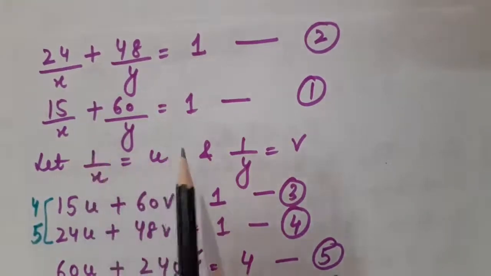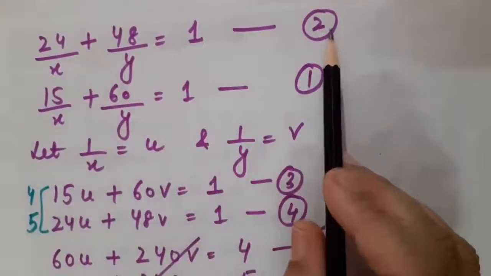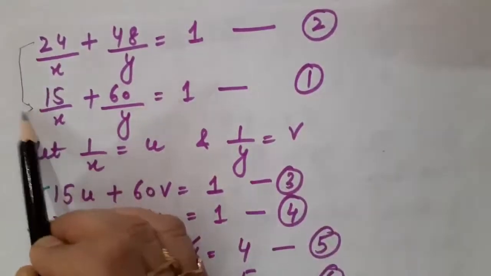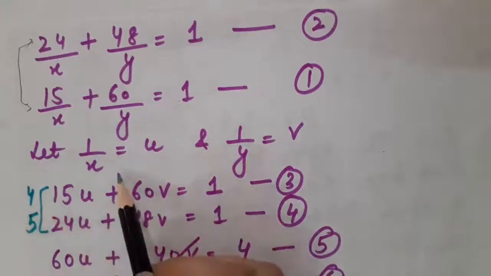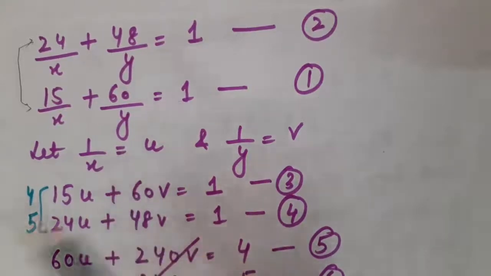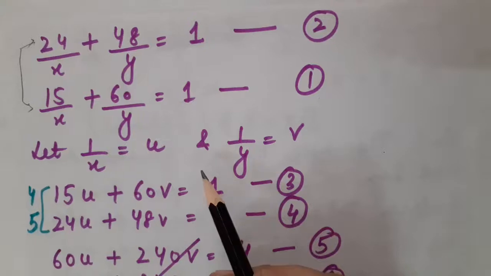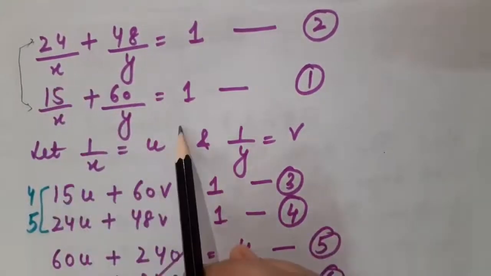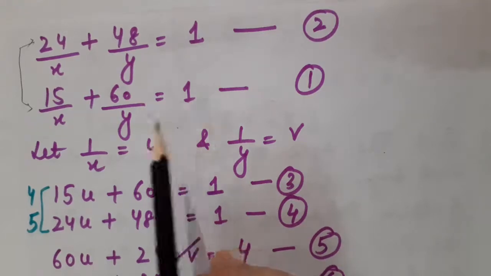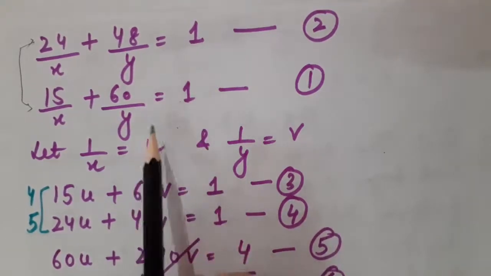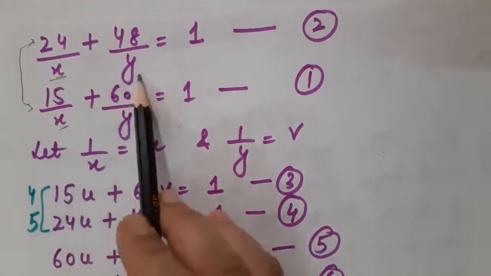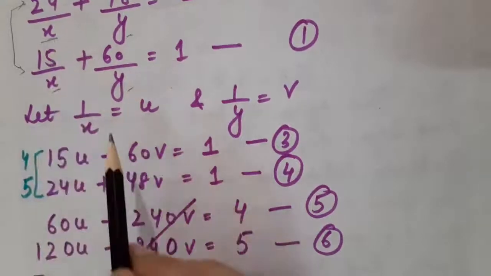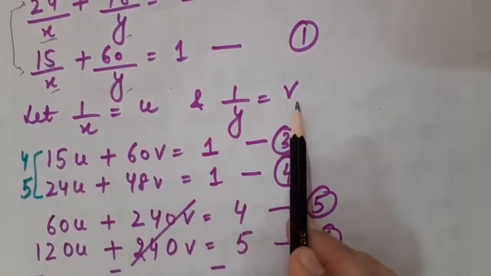Now see, children, what I have done. This has become equation number 2. This is equation number 1. Please recognize which type is used here. Definitely reducing a pair of linear equations to another pair of linear equations, which is nothing but the generalized form. Because here, children, this is not the generalized form. I told you in generalized form the variables always come at the numerator, right? But here you can see that the variables are at the denominator place, right? So 1 upon x and 1 upon y I have assumed as u as well as v.